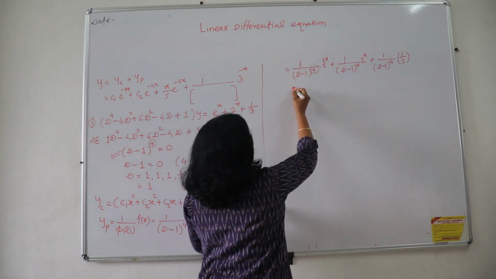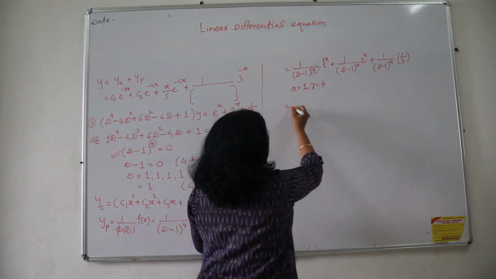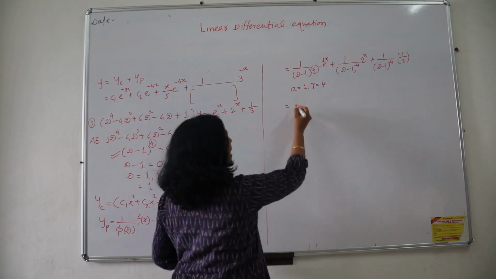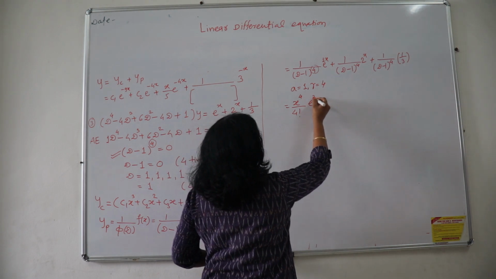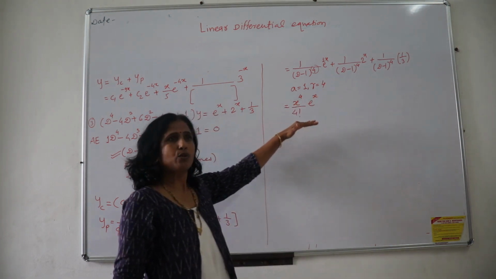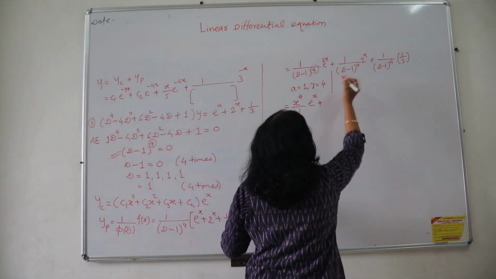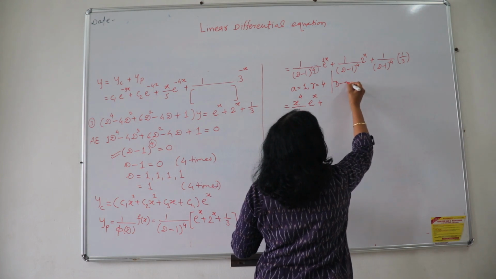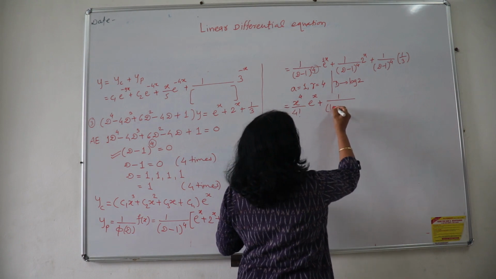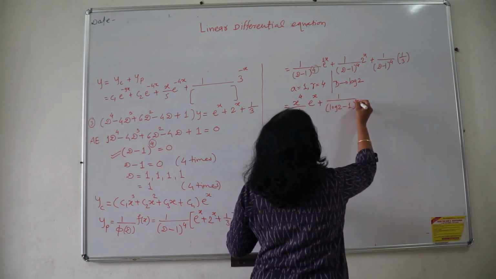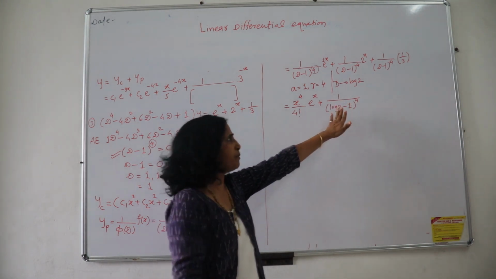So instead of that, I will mention here a is 1 and the power r is equal to 4, and the last formula which you have seen, we will just apply: x raised to r upon r factorial, here x raised to 4 upon 4 factorial, and e raised to x. This formula will reduce your work a lot. Then what is the second part? A raised to x format. D is replaced by log a, this is log 2. So I will say 1 upon (log 2 minus 1) raised to 4 will remain as it is. We don't have to simplify it by using a calculator, let it remain like this only.